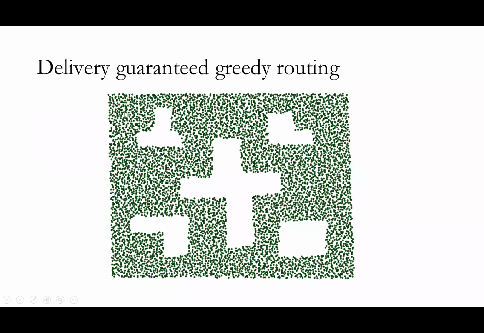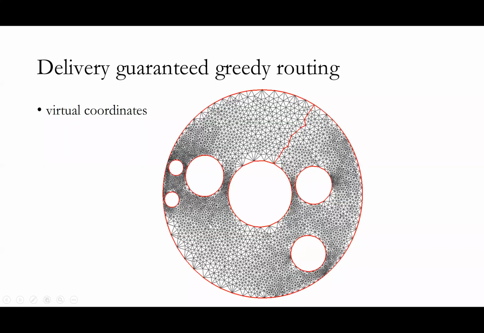But then, if we deform the network to this kind of configuration using a conformal map, such that all the holes here become circular holes, in this case we can prove that using greedy routing, the message will be guaranteed to be